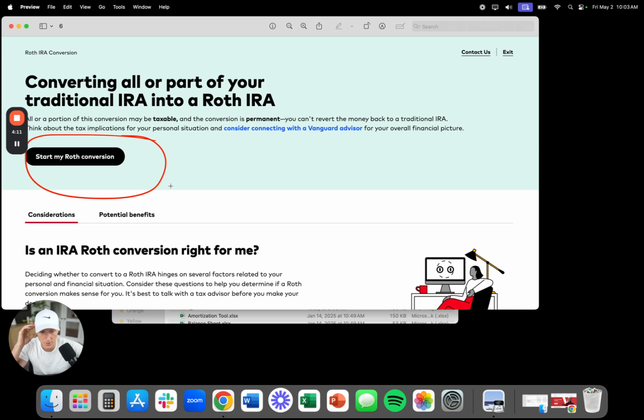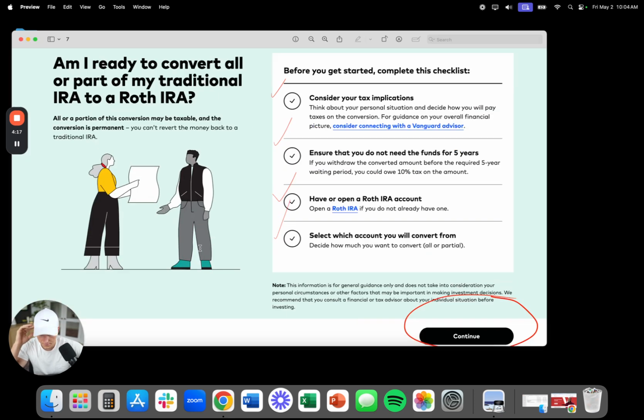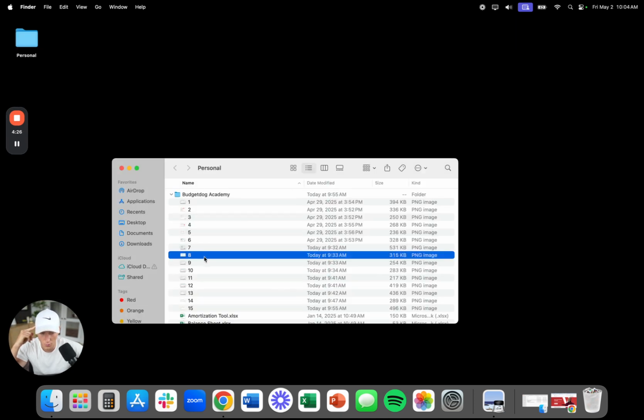And then number 6 is you will then click this button, start my Roth conversion. Once you click the big convert to Roth IRA button, pretty simple. Number 7, just make sure you're paying attention to this, the checklist, but basically just hit continue here. Number 8 would be,